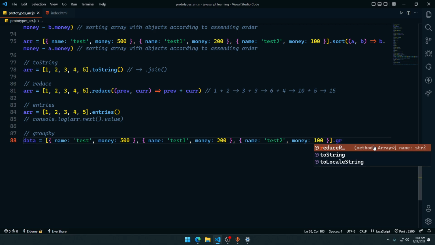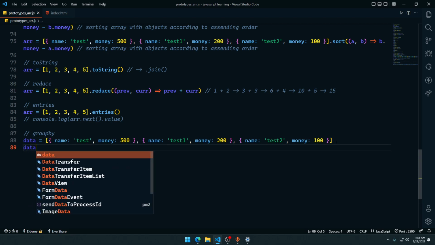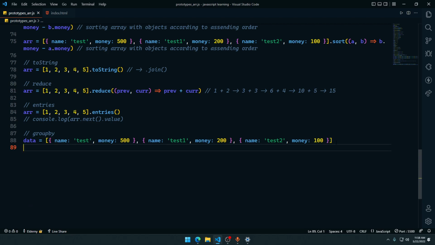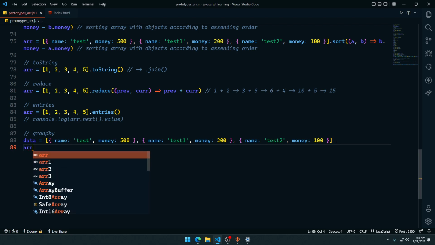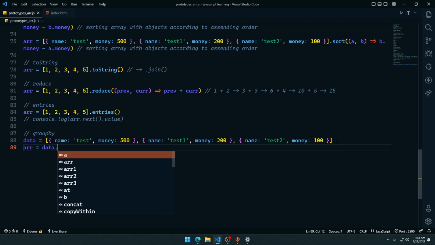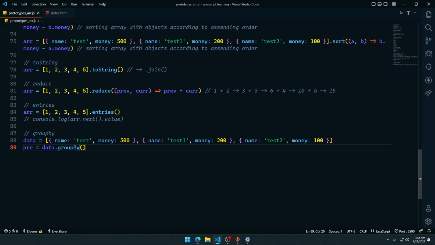I think that is not a proper group by function in this one, so we have to write it by ourselves. So that's how we do it. We're just gonna say array is equal to data dot group by, and this group by will actually take an object